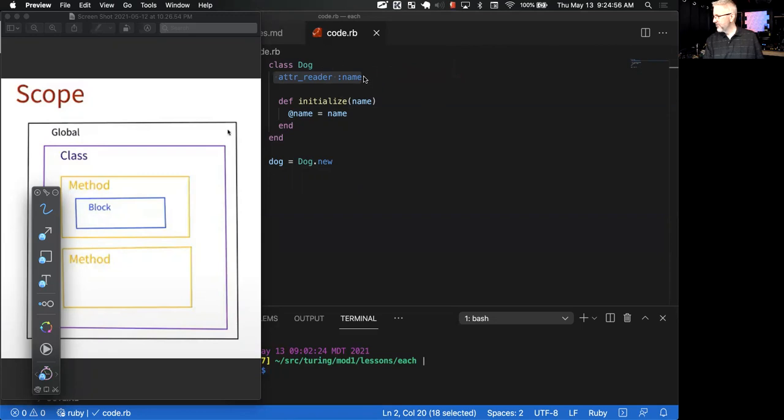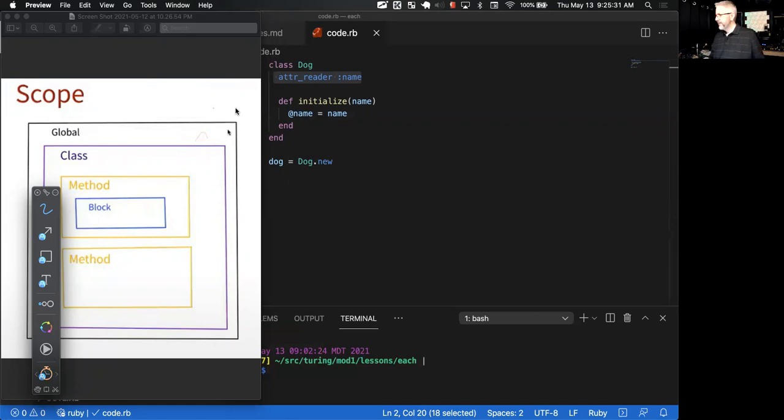But when we do an adder reader, we're basically saying, I want to export this. I want this to be available outside of my class. And so we're explicitly allowing something outside to see what we're doing. In that way of thinking, it is a bit of a scope modifier, because instead of the scope only going inward, we're allowing the scope of that adder reader to let something outside of our class see the